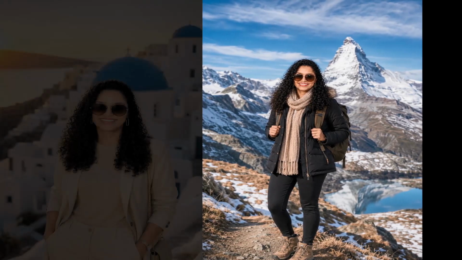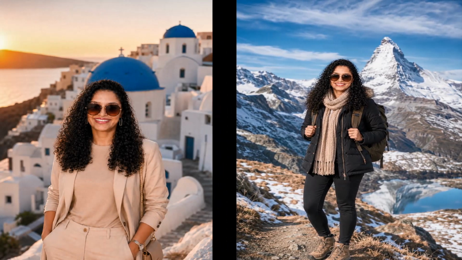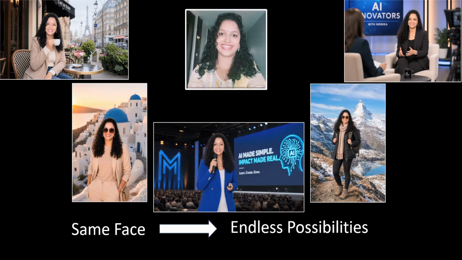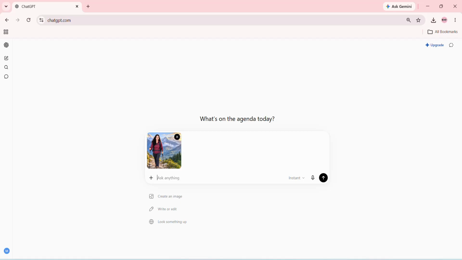And that's just the beginning. Travel, fashion, food, business, education, all with the same AI influencer. Same face, endless possibilities. Now the AI influencer is ready for any platform, any brand, any story. But there is one thing missing. She still can't talk. Now again open ChatGPT, upload your photo and write down, create a prompt to bring this photo